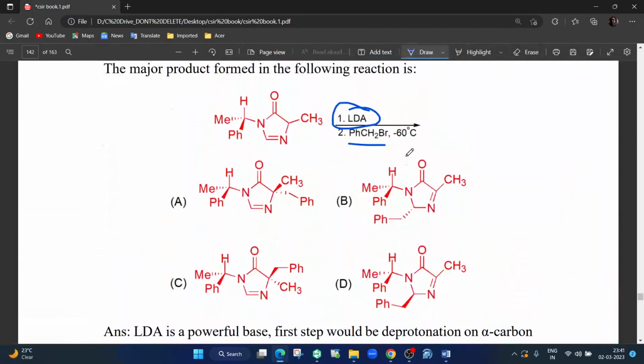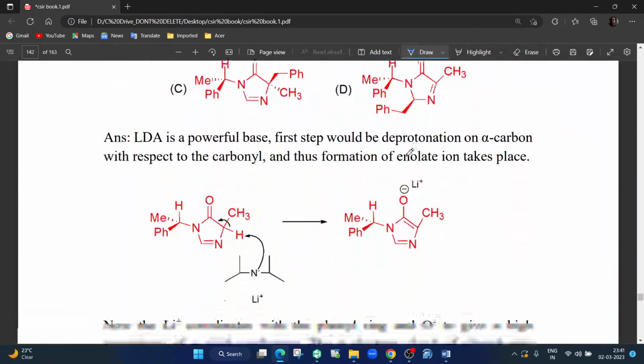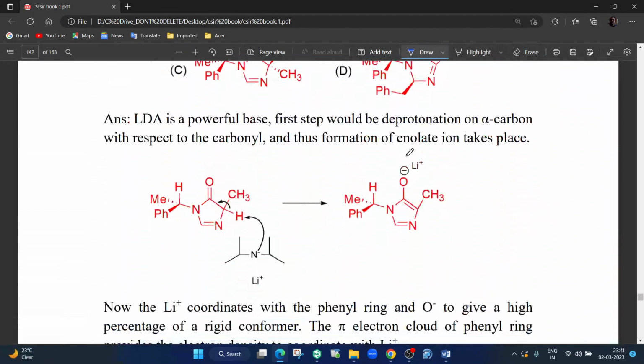So this is also a pretty simple question, let us do it. LDA is a powerful base, it will pick up a proton from the alpha carbon of the carbonyl. So this is the alpha carbon, because here the negative charge is stabilized, delocalized with this carbonyl, and you are having this kind of species. Now the thing is, lithium is a very hard cation, so it always tries to coordinate,